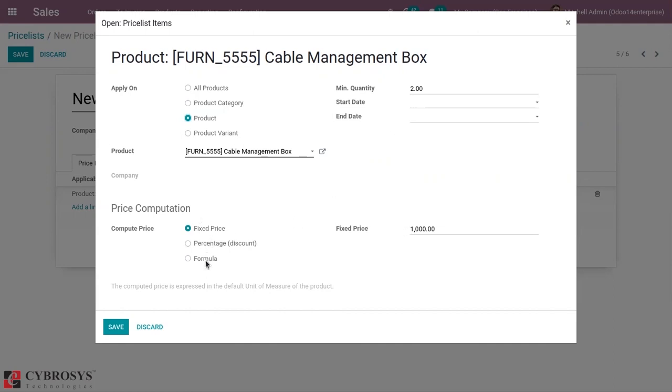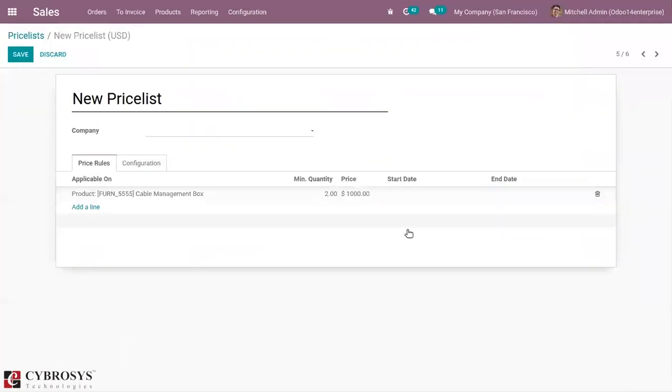Now I'm going to edit this and change it to percentage discount. So when a customer purchases a minimum quantity of 2 cable management boxes, a 30% discount will be given to the customer. Now we can save this and we can also set a validity period for this price list.